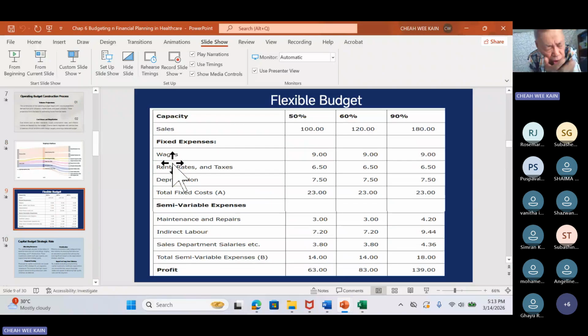Now, how often must you change your budget? In theory, whenever the corporate plan changes, you must change your budget. Understand? So how often does the corporate plan change? Whenever the external and internal change drastically. When the external and internal change so much, you have to change your plan. So if the external never changes, maybe your internal never changes, you can have the same budget for the next 20 years. But if it's very volatile, suddenly COVID comes, you have to go and change your plan.